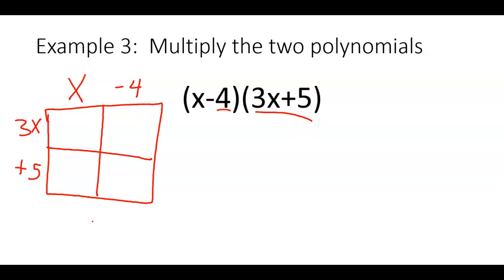And the box is just a nice way to organize your information and make sure you get everything, because if you're just trying to do it mentally, you might miss a piece. So the box makes sure that you hit every part, and also organizes it so you can find some like terms, which we'll talk about when we get there. Here we go. To fill in this box here, you're going to multiply the number above it and to the left of it, okay? So what is x times